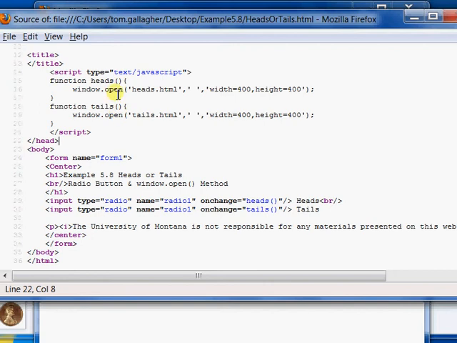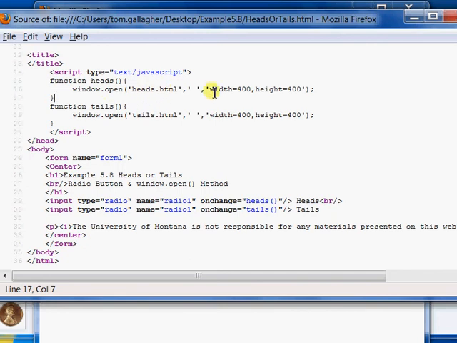And the function that's called heads, all I do is use the window method. So I say window.open. I don't think that's confusing, but it's indicative of any object-oriented programming language, where you can encapsulate several different features into a particular method. Okay, so this one's just going to open up a window, and I'm opening up a window called heads.html,